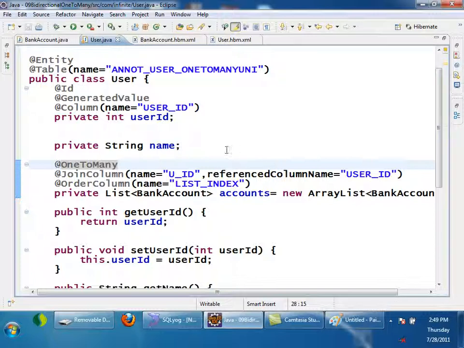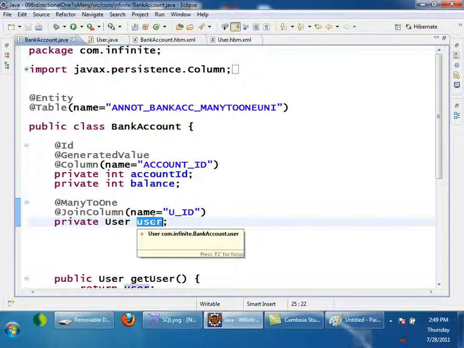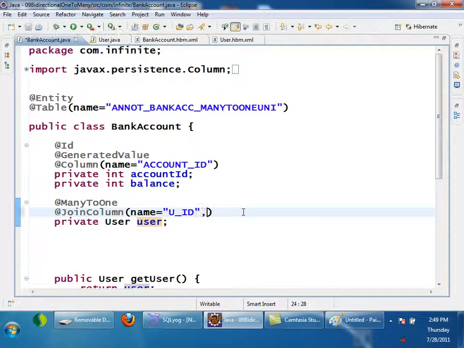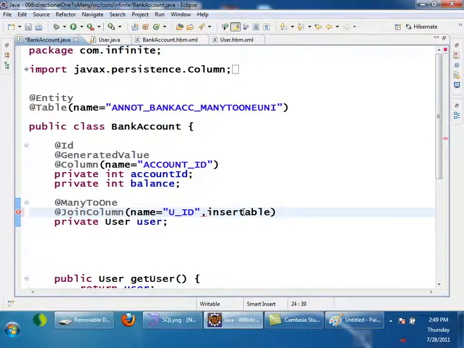Now, coming to bank account side, you should make sure that this will not be considered for insertions or updations. So here on the join column, you have to just say insertable is equals to false, comma, updatable is equals to false. Just like we said in XML.